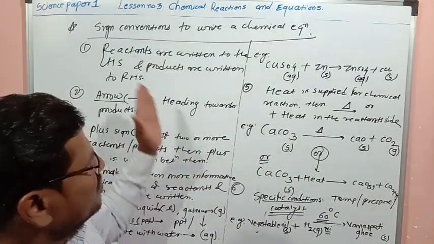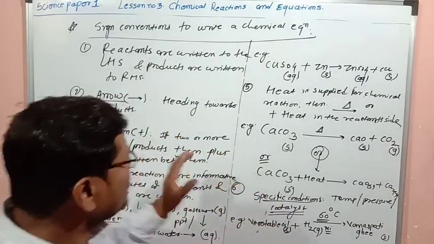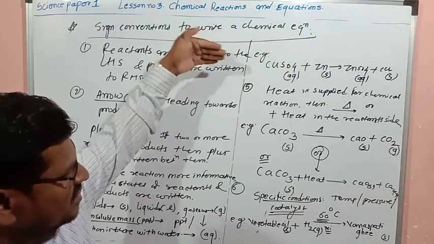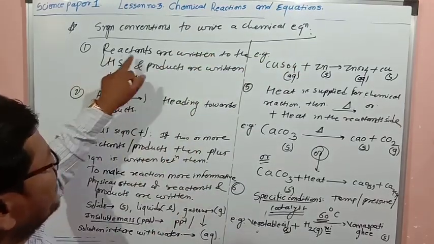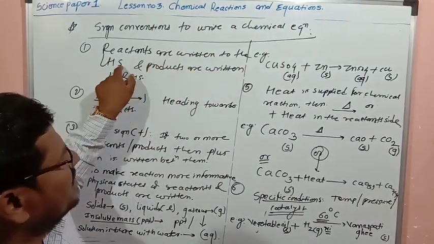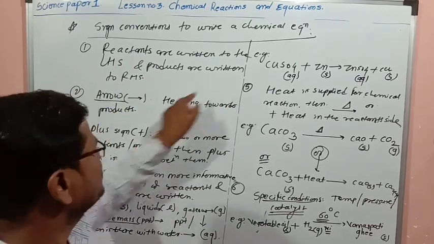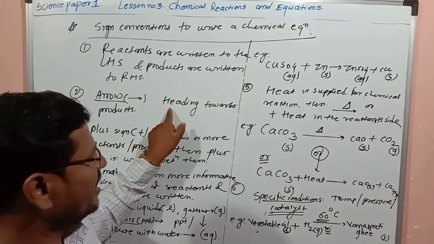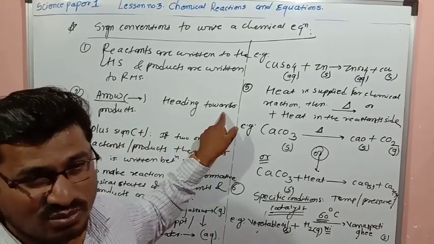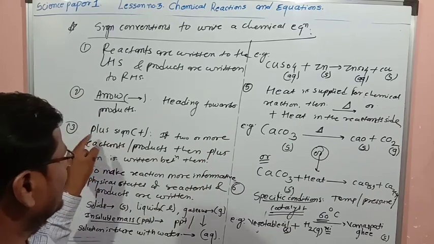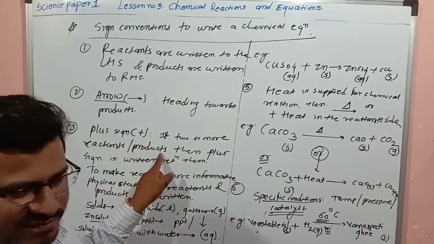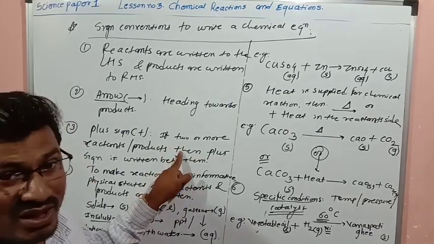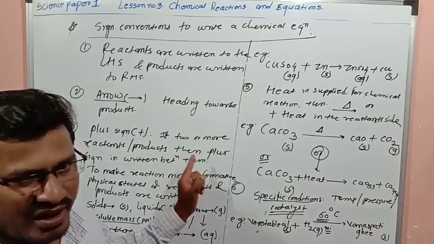So before that I am going to revise this one again. Sign conventions to write the chemical equation. In that, 7-8 points are there. The first point is that the reactants are always written on the LHS and products are written on the RHS. The second one is that an arrow is placed between the reactants and products, and that arrow points towards the products. Then the third point is that if 2 or more reactants or 2 or more products are there,